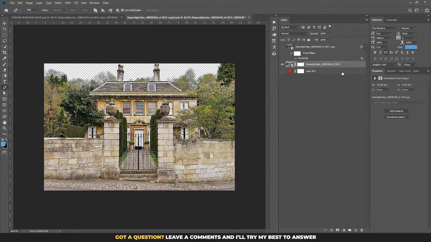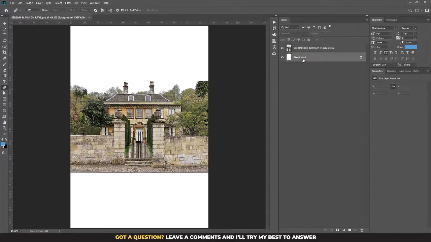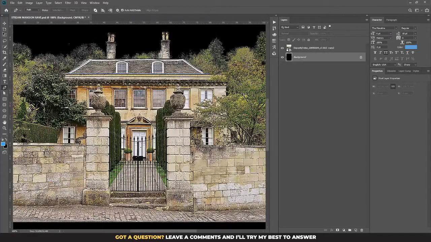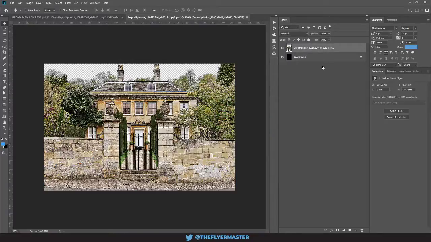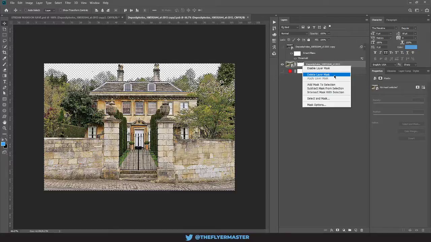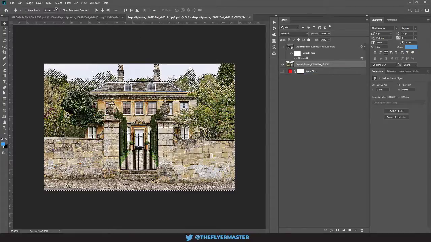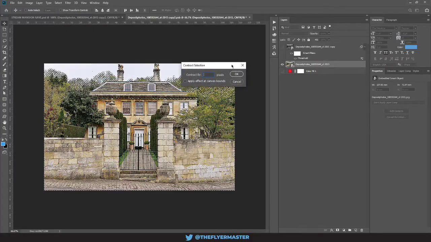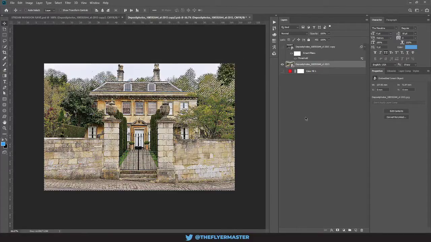So now hopefully when we come out of here, if I make the background black, yeah, I think that's probably cut it about as good as we're going to get. We can maybe just go, if we delete layer mask, possibly we could bring it in by 1,